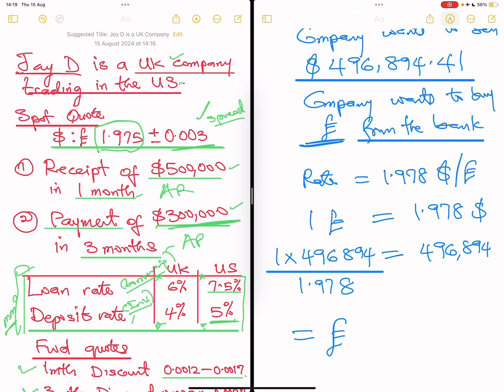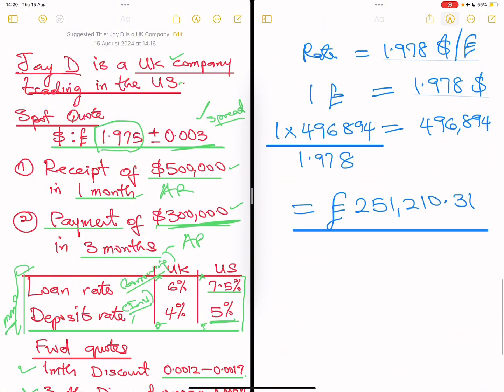That's 496,894 divided by 1.978, and that gives us 251,210.31 pounds. So this is the pounds we'll get today, and you can see everything we have done here is